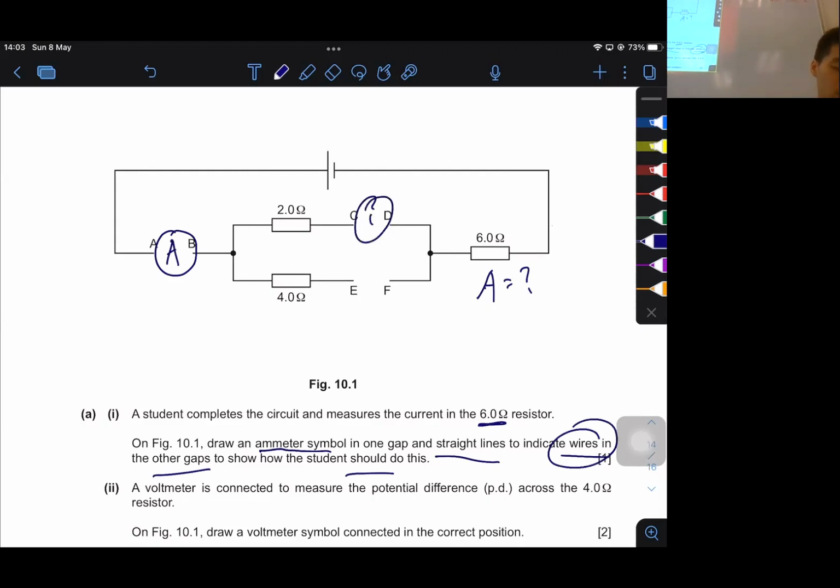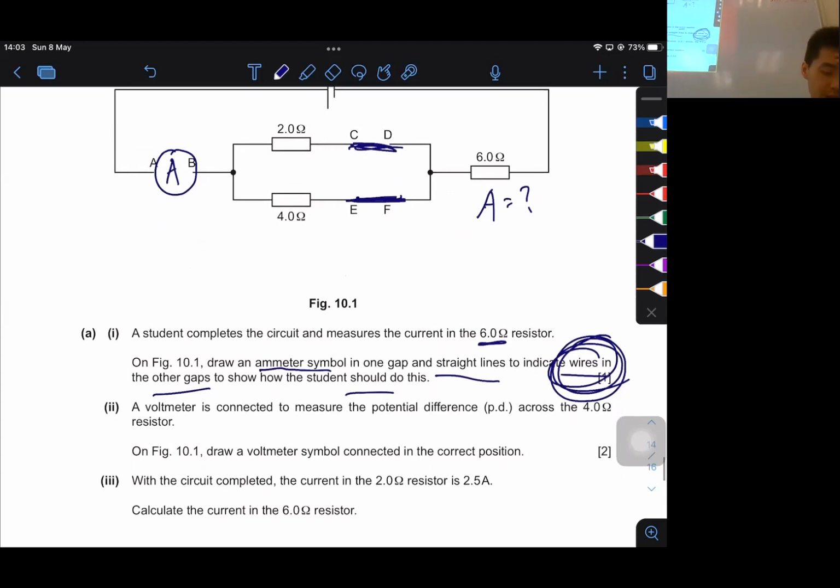Some of you drew voltmeters here. Some of you drew ammeters here. Don't overcomplicate it. They only want you to draw wires, so you just complete the line, and you're done. You would have successfully found the ammeter measuring the current in the 6 ohm resistor. Then only the next question they ask you to